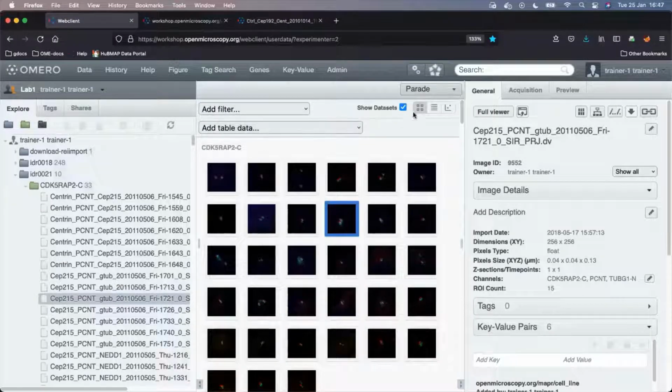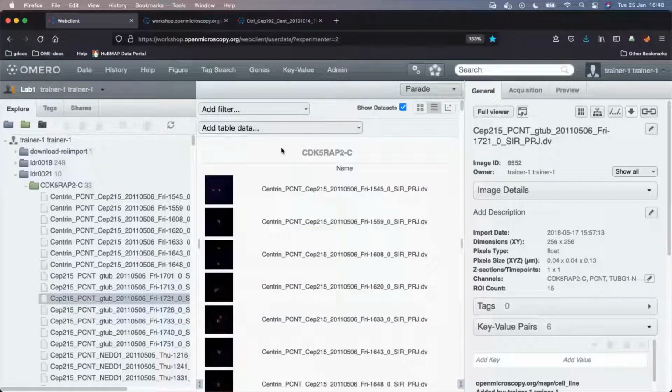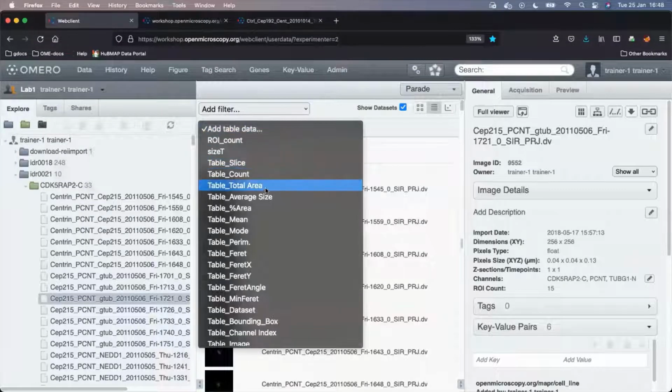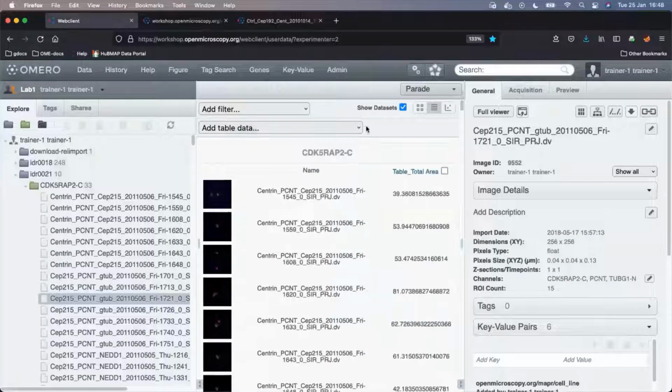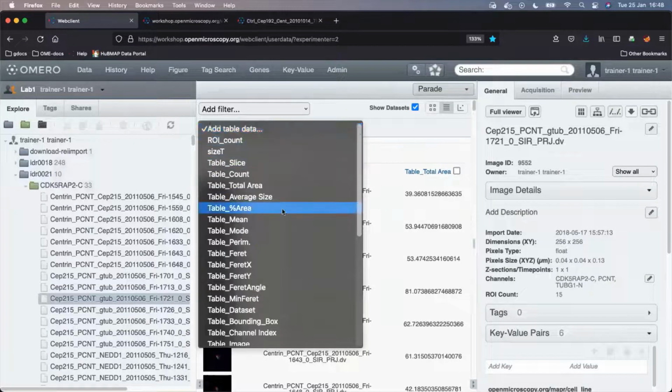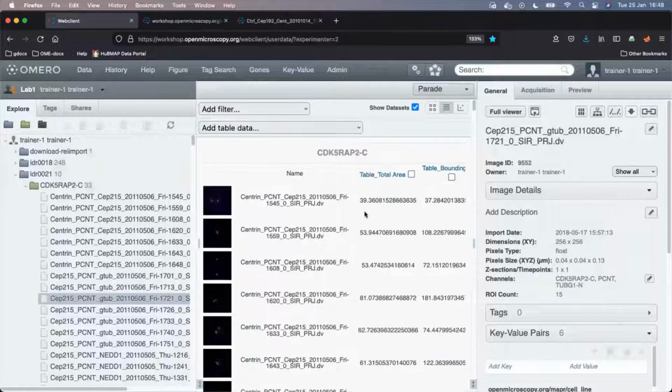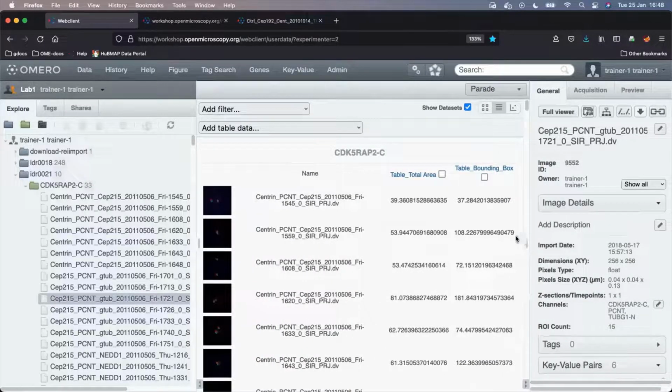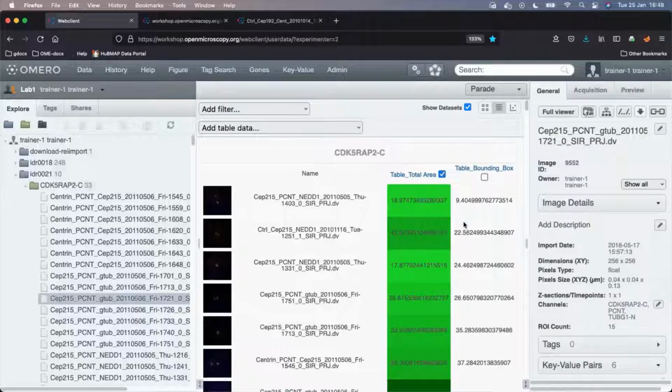I can also select another view, a column view, and I can now add table data such as table total area. A new column pops in. This is simply one parameter out of the table which I was showing to you, and I can add yet another one to make it more interesting, table bounding box. So now I have two parameters, and I can now sort according to those parameters, and I can select those parameters,